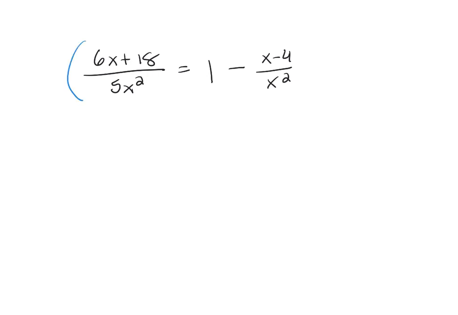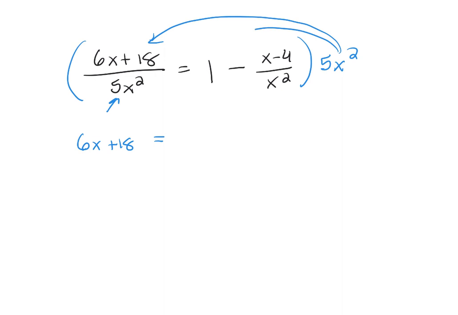Okay, one more example. 6x plus 18 over 5x squared equals 1 minus x minus 4 over x squared. What can I multiply every term by? I'm going to multiply every term by this 5x squared. So multiplying all the way here, what it's going to do is just cancel out the denominator completely and just leave you with the numerator, 6x plus 18, equals multiply here, 5x squared,